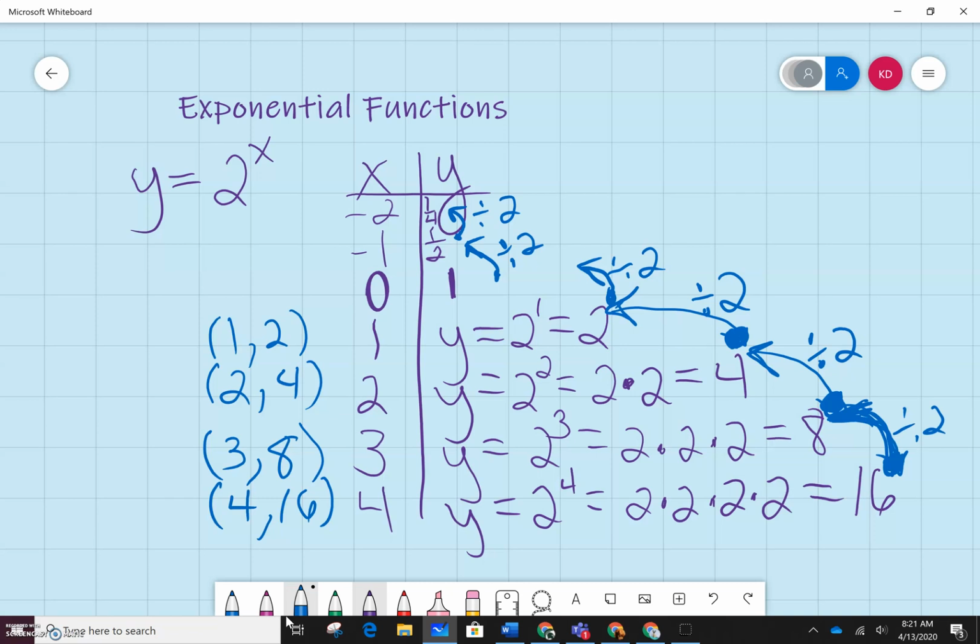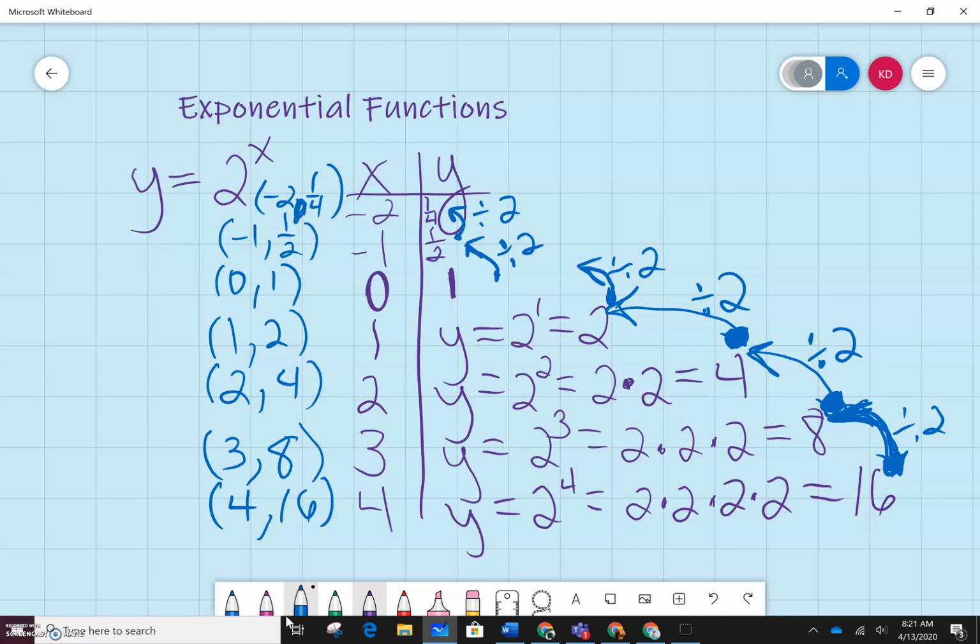So (0, 1) will get graphed. (-1, 1/2), and (-2, 1/4). And you'll notice that what's happening there, this is supposed to be a comma right here. What you'll notice is that as we keep going backwards and dividing by 2, we keep getting closer and closer to 0. And so what's happening is we continue to divide by 2 and continue to divide by 2, and